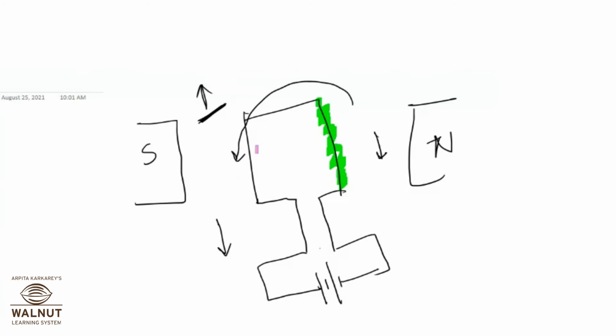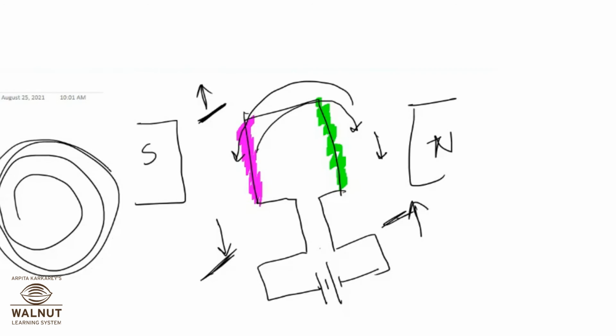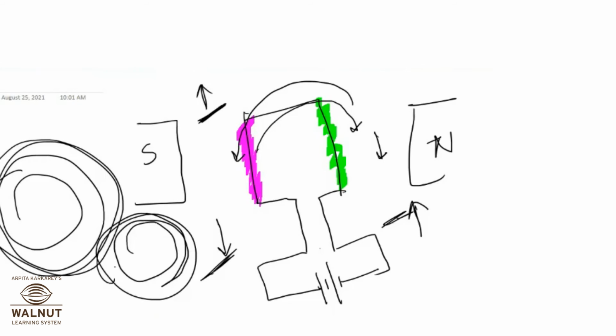And this pink side, I am only drawing the colors just to make things clear. When this part of the coil comes to this side, it will experience an upward force. You can check with Fleming's left hand rule. Is this what we want? Is this what we want? No, the fan, if it is rotating like this, it should keep going like this. It should not happen that once it goes clockwise, then anti-clockwise, not like this.